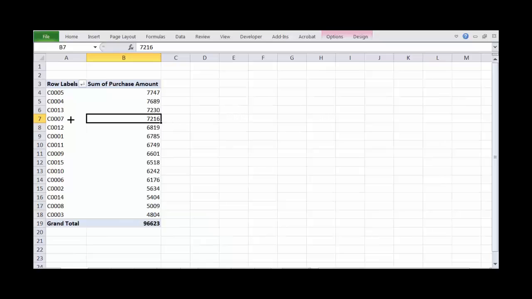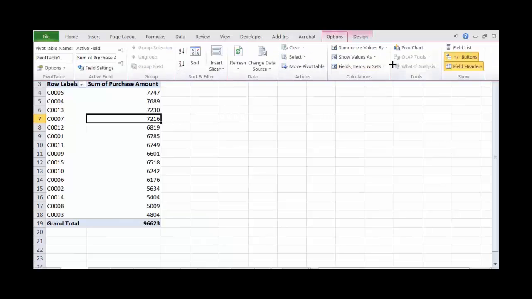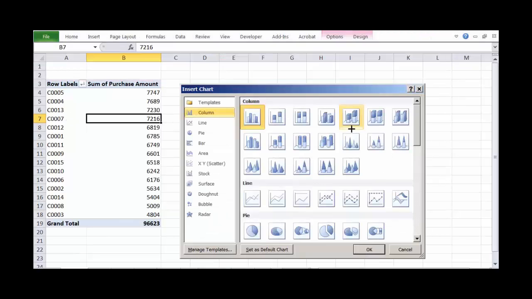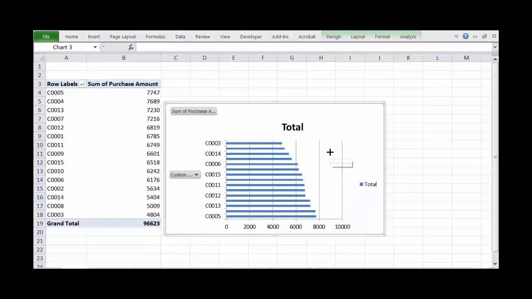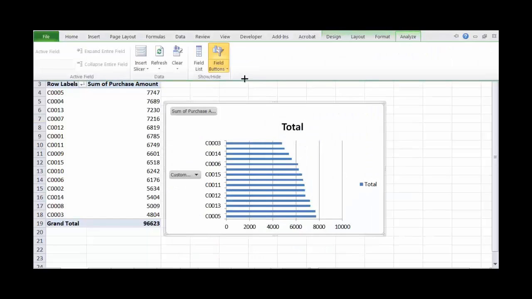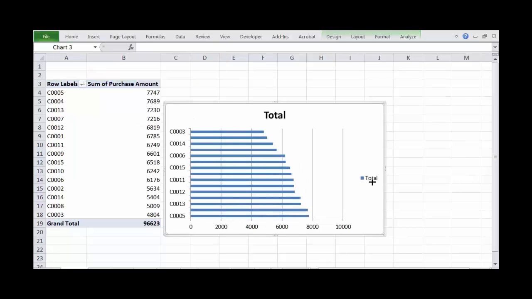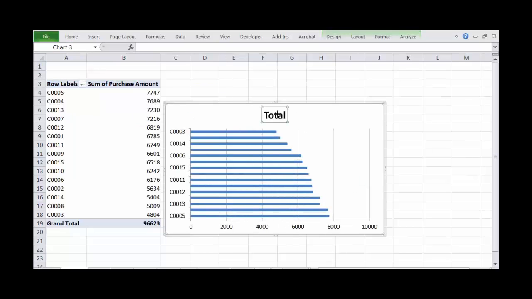We go to sheet 1 and we say we want to create the pivot chart. Click on the pivot chart, whatever the type of chart you want. Let's say suppose you want to make a bar chart. So you select OK. So this is a bar chart. Let's say we want to remove the buttons, so we have made hide all. I can remove this also. You want to change this.